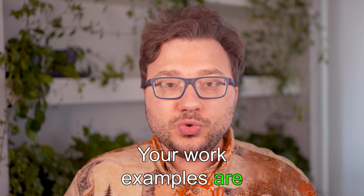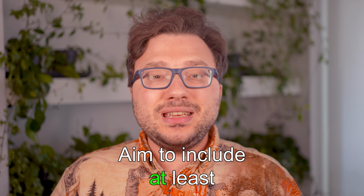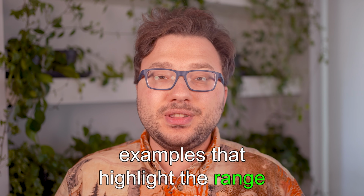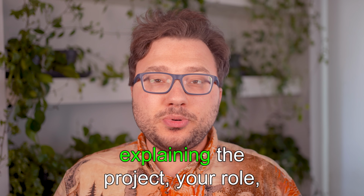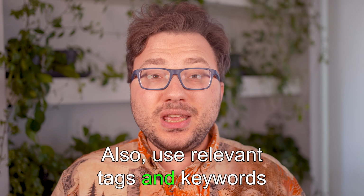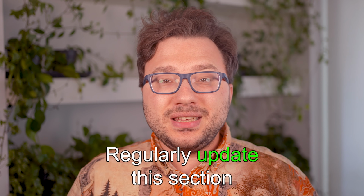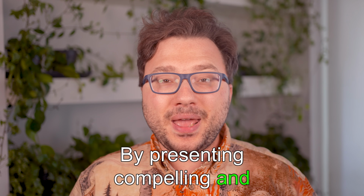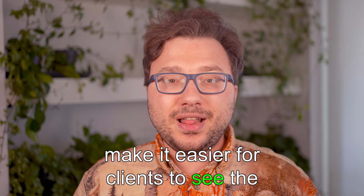Your work examples are crucial in demonstrating your capabilities to potential clients. Aim to include at least 3 high-quality, relevant examples that highlight the range and depth of your skills. Each example should be accompanied by a detailed description explaining the project, your role, and the results delivered. Also, use relevant tags and keywords to improve your visibility in Upwork's search algorithm. Regularly update this section as you complete new projects to keep it current. By presenting compelling and relevant work examples, you make it easier for clients to see the value you can bring